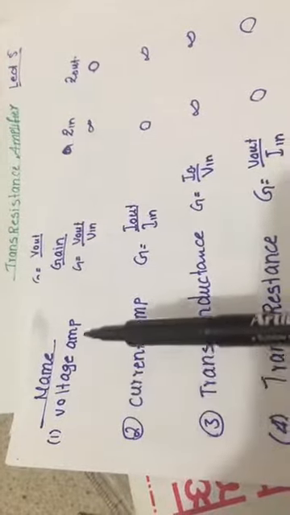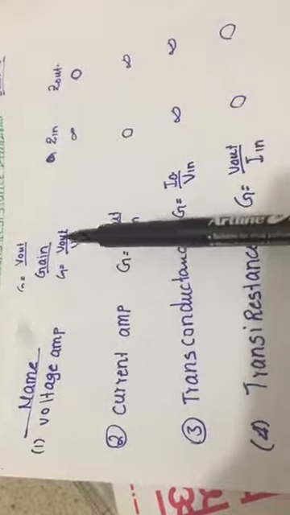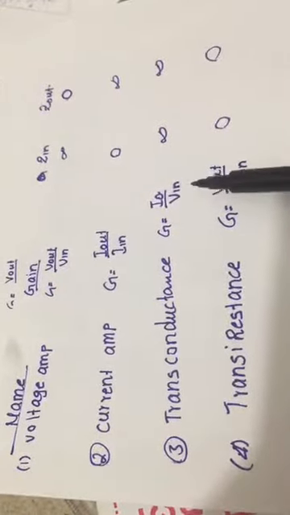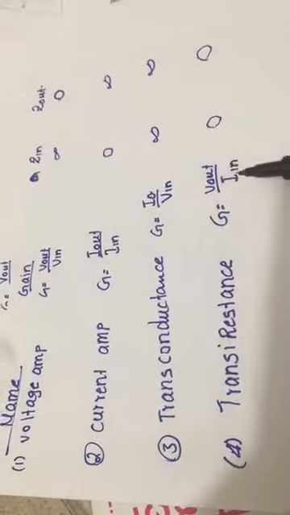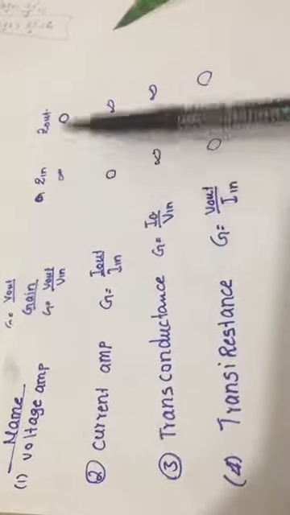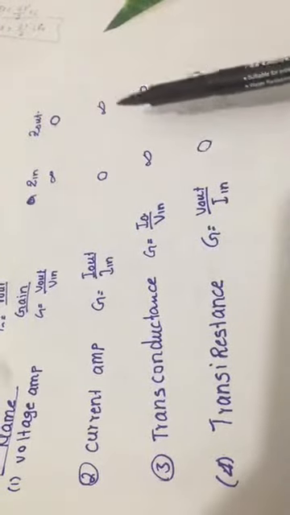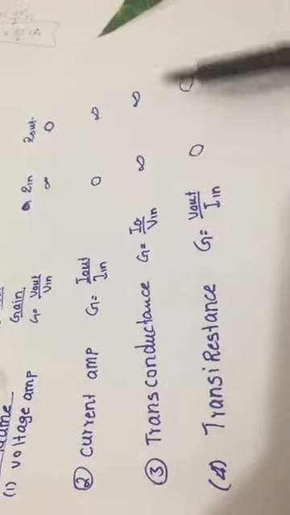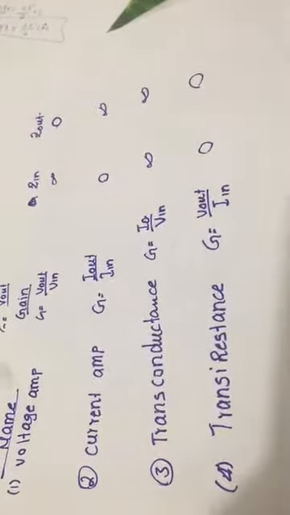So in here, when we are discussing the voltage amplifier, the gain will be V out by V in, this will be I out by I in, this will be I out by V in, and this will be V out by I in. And the impedances will be infinite and 0, 0 and infinite, infinite and infinite, 0 and 0. So you have to memorize all this by heart if you want to move to any other step.